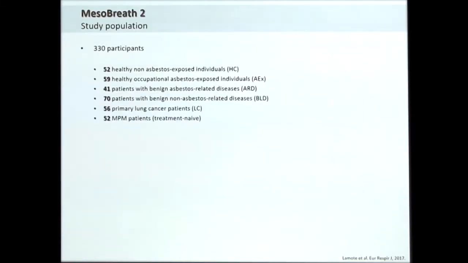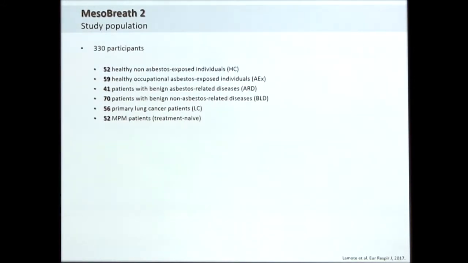Now, the next question was, okay, we have seen it works now in these patients, and the IMS technique allows a discrimination of mesothelioma from the at-risk group. So what happens if we increase our study population and include also other important at-risk groups or potentially lung cancer patients? So we included now 52 healthy individuals, 59 patients who had an occupational